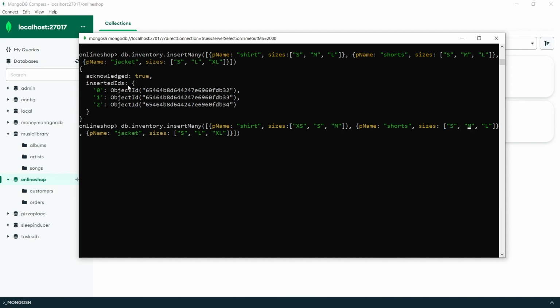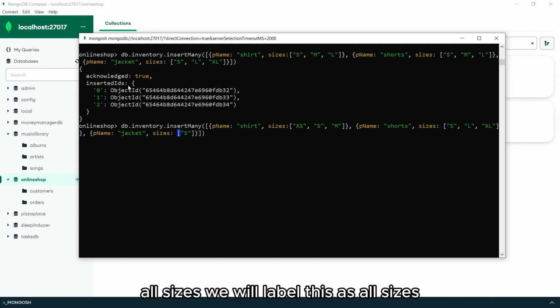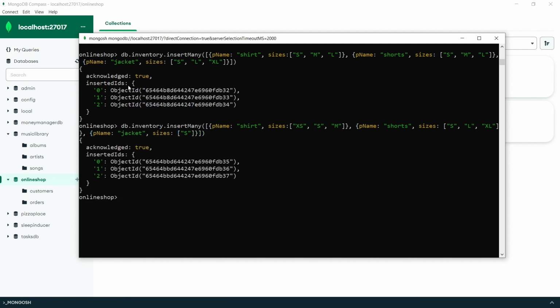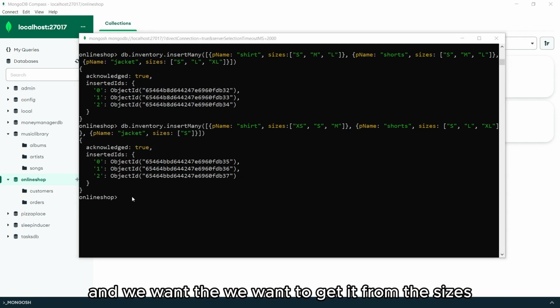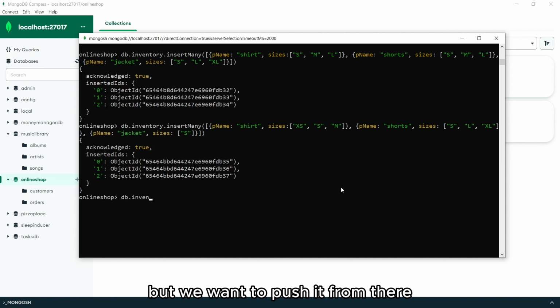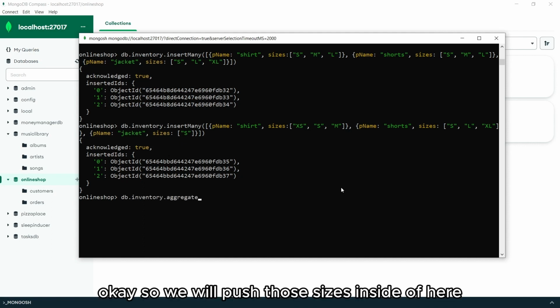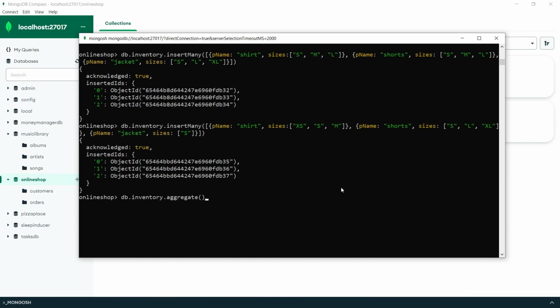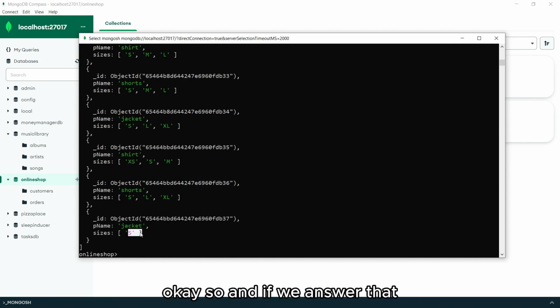And then we want the name, all sizes. We will label this as all sizes. And we want to get it from the sizes, but we want to push it from there. Okay, so we will push those sizes inside of here. And if we enter that,